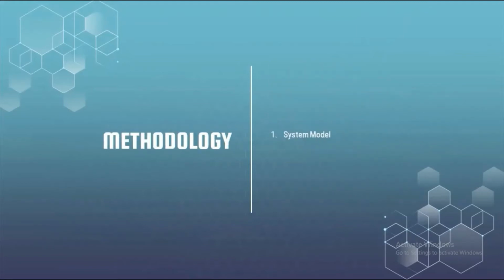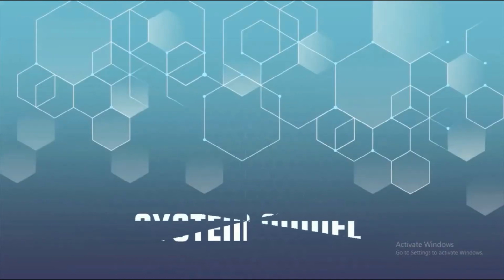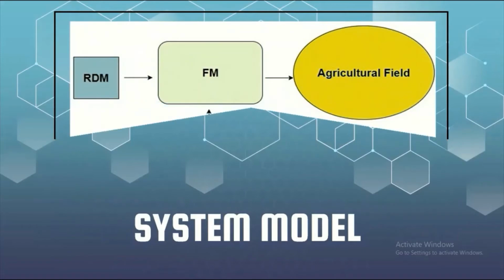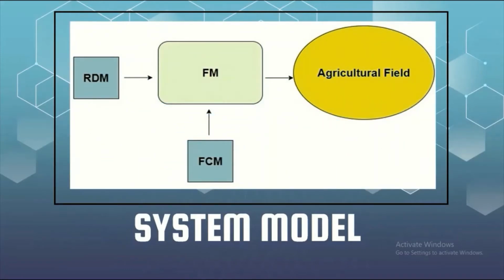In the methodology, we have the system model and the fuzzy logic system. Let's proceed with the system model. This framework is divided into three models that can help regulate and track water supply and distribution, including the rain detection model or RDM. It uses an optical rain sensor, RG11, to detect the presence of rainfall in the area. This sensor uses the same sensing concept as millions of windshield wiper controls for automotive rain sensing.